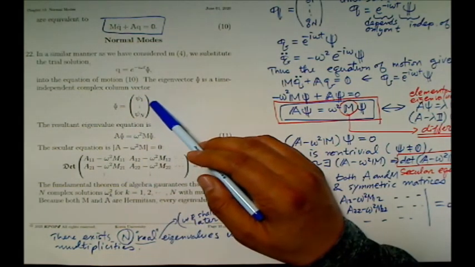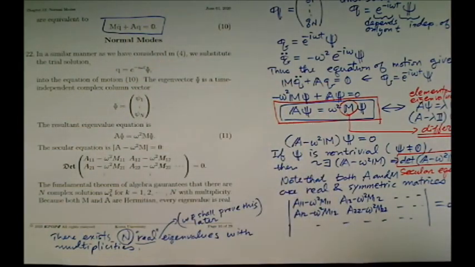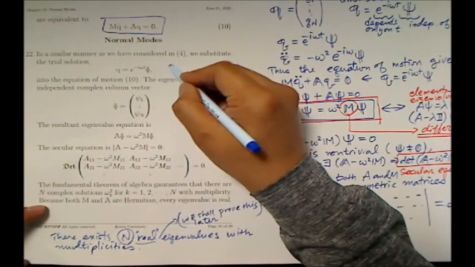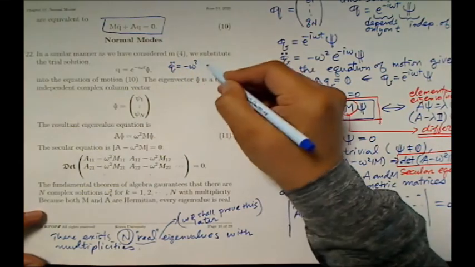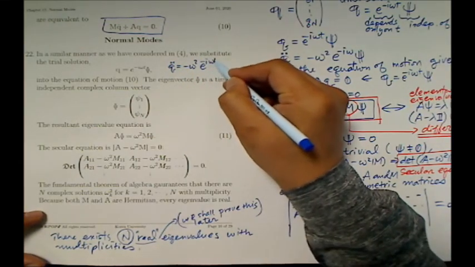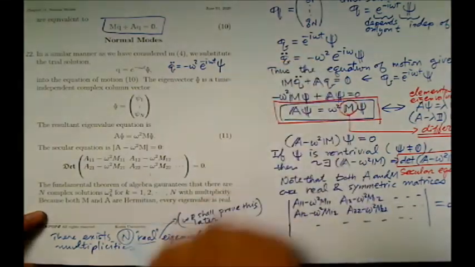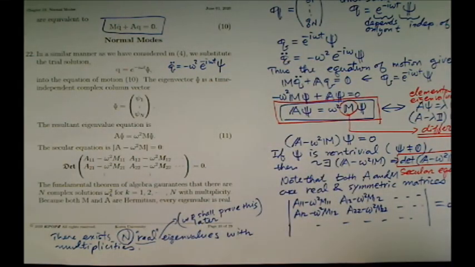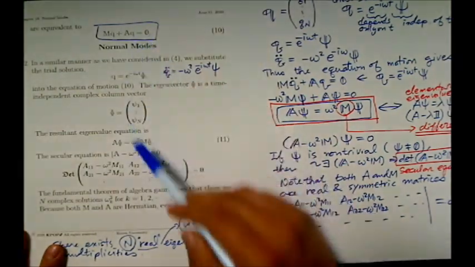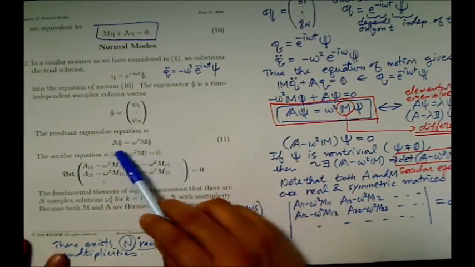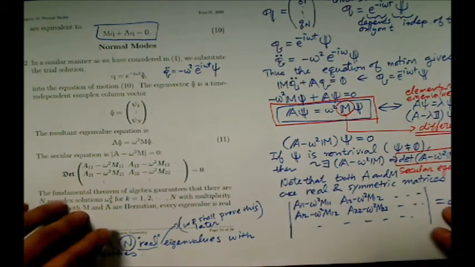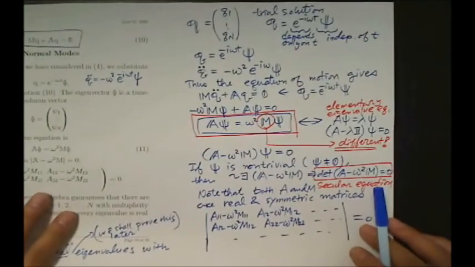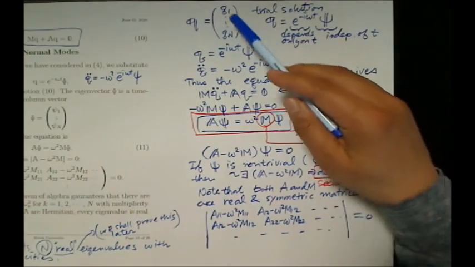If I substitute this in here, the second order time derivative of Q is minus omega squared, and because psi is independent of time, the resultant equation becomes this one. That means that we again find an eigenvalue equation. So let us look at the right side. This is the